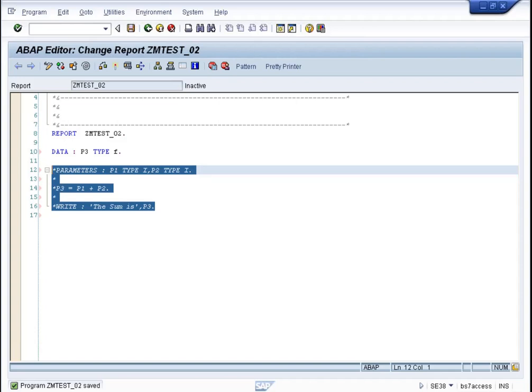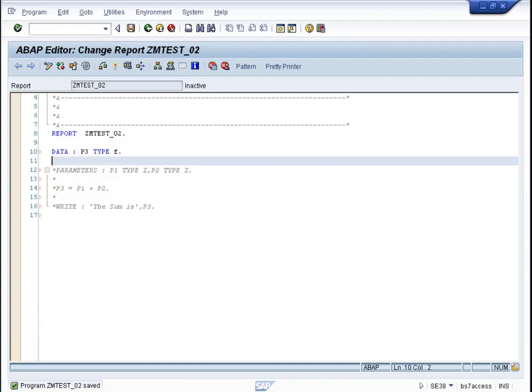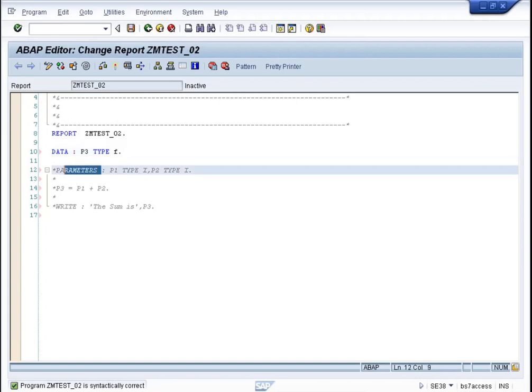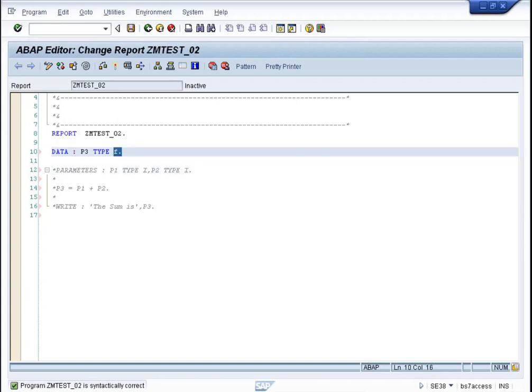Fine. So now I will declare a variable. So data P3 type F, and let us see. So now it is syntactically correct. But you cannot declare a floating with the parameter keyword. With the data keyword, you can declare floating. Okay. So save it,